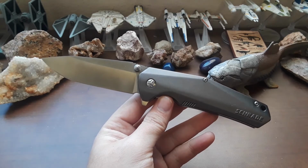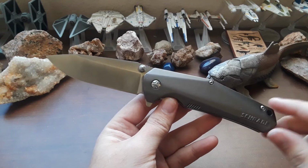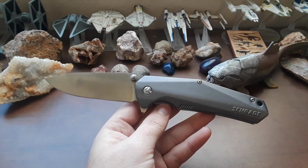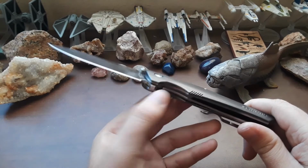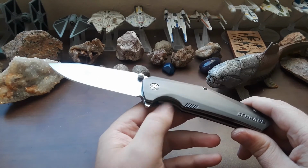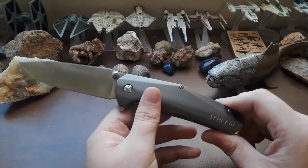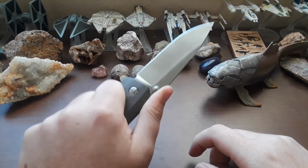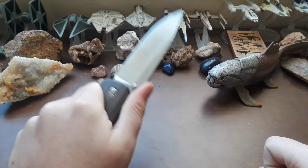I think the knife has all the trimmings to be a good EDC for just a random person. Of course, there are some things that I think will drive even a non-knife person a little bit nuts. Like this lock bar, how sharp that is. That's not okay. That should not be the way it is. The slippery handles, I think, will be kind of a turnoff. But other than that, honestly, I could see someone walking into Tractor Supply, buying this knife for $10, and being